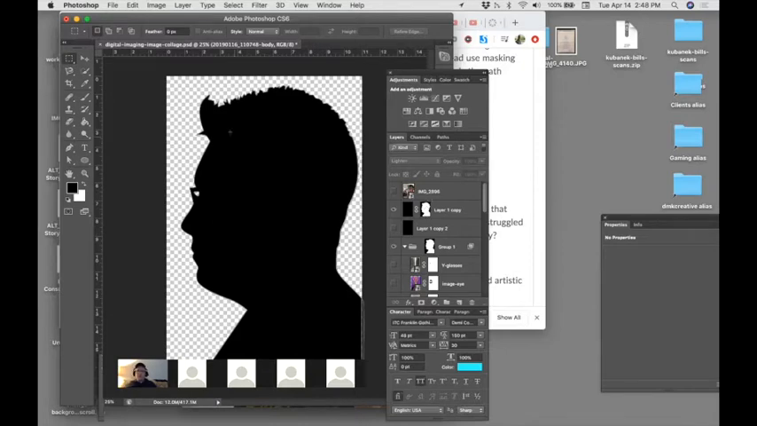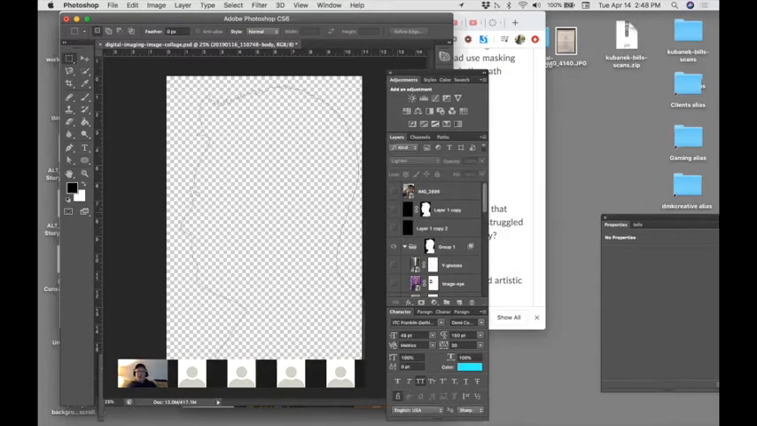It's just a simple shape clip path. And do the best you can. If you've got spiky hair or something, you don't have to get every single strand, definitely not. And then what you have to do, and this is kind of the tricky part, is that you have to